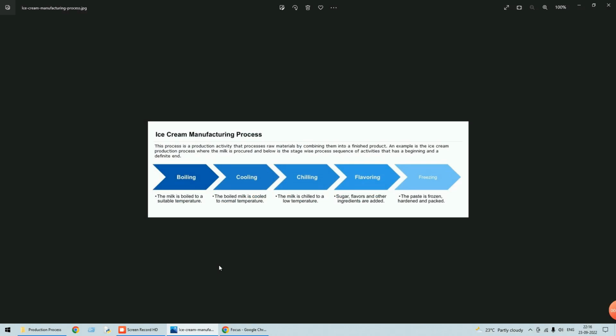This process is a production activity that processes raw materials by combining them into a finished product. The below is the example of the ice cream production process where the milk is procured, and the below is the stage-wise process sequence of activities that has a beginning and a definite end. Here in this image you can see after the milk is procured there are